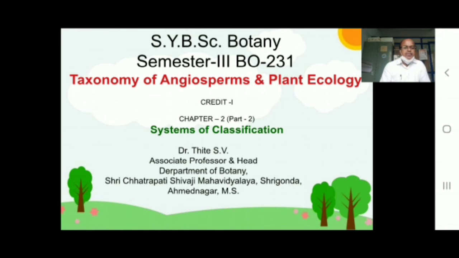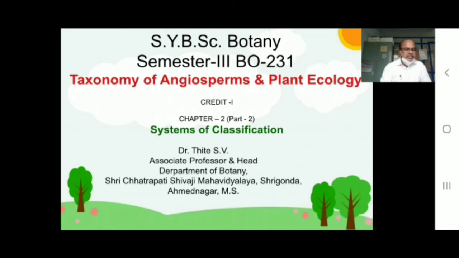of classification. So see here that the Angiosperm Phylogeny Group, or APG, is an informal international group of systematic botanists who collaborate to establish a consensus on the taxonomy of flowering plants that reflects new knowledge about plant relationships discovered through phylogenetic studies. According to these botanists, they have given the APG system in 4